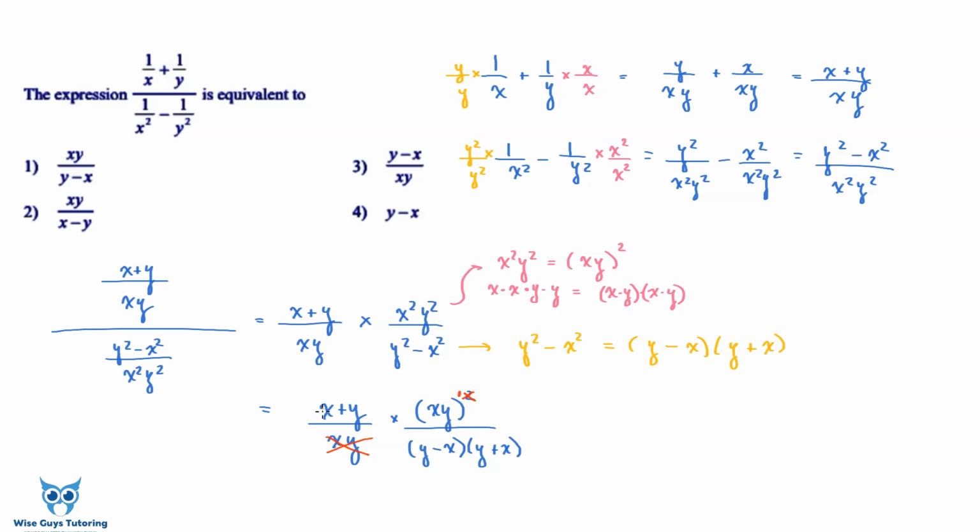The bottom here, you have x plus y, and you're dividing by y plus x, which is the same, right? Because addition is commutative, so 2 plus 3 is same as 3 plus 2. So this term will cancel out with this one. Remember, anytime you're multiplying terms in the numerator and dividing terms in the denominator, as long as you have the same term, you can cancel out like this. So what am I left with? I'm left with an xy on top, and I'm left with y minus x on the bottom. Meaning the answer is,